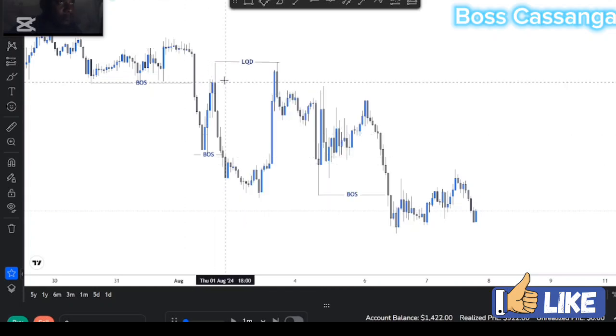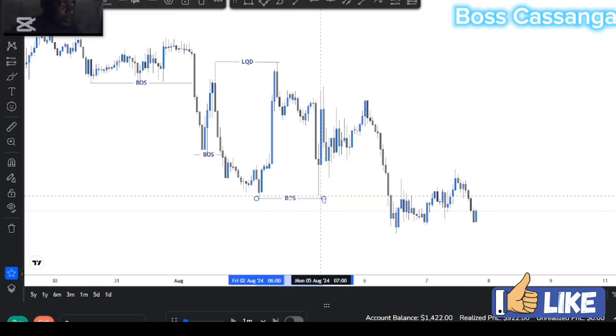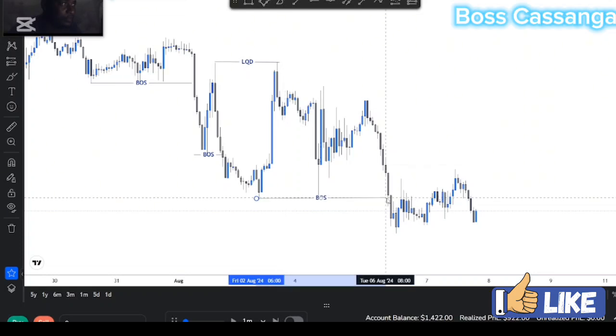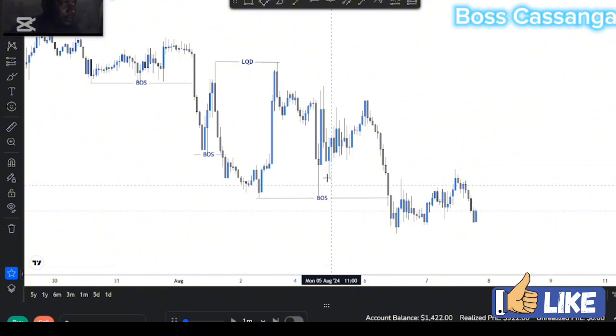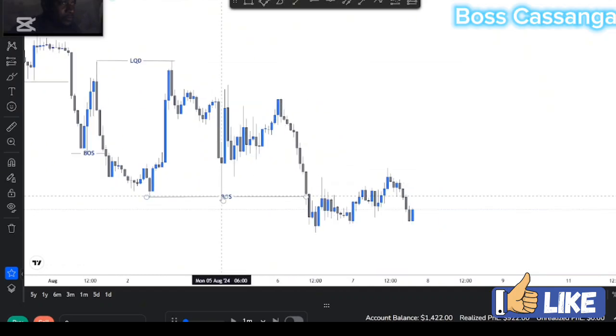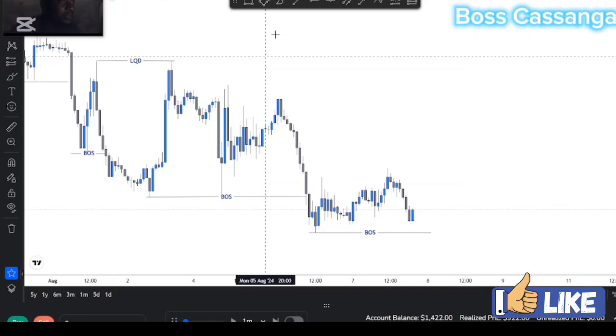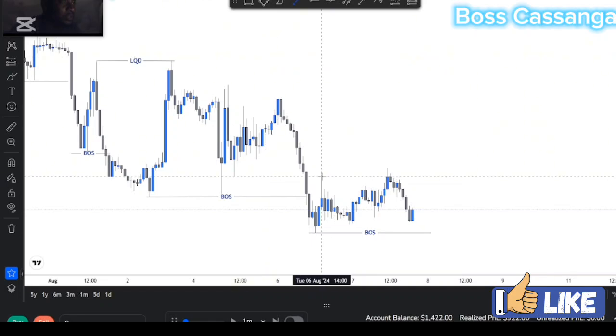Higher low, lower low, higher low, lower low. This was my last low. Okay, this was the last low, and then it was taken out by this candle right here. This is all on the 1 hour time frame. Okay, on the slow, this push to this zone, then we came down, we broke that zone. This was our last lower low. This is our last low swing, and it was broken just by a wick.